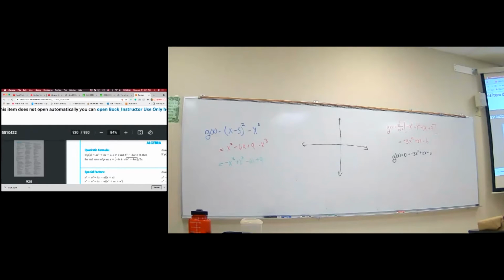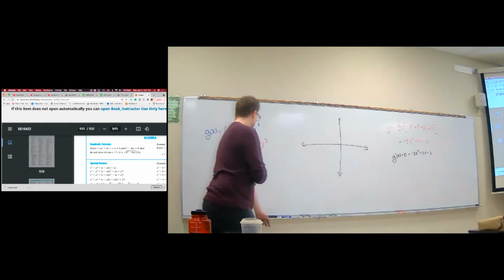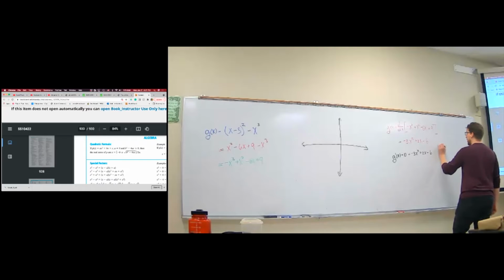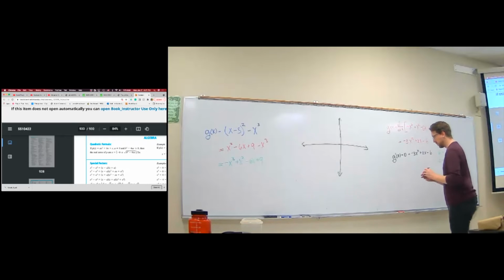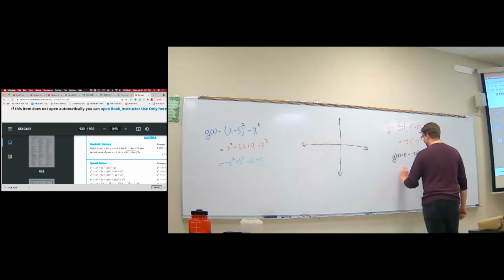Agreed? We're setting our polynomial equal to 0, and we want to know what x is equal to. So we have to apply the quadratic formula here. So a is equal to -3, b is equal to 2, c is equal to -6. That means x here is going to be equal to